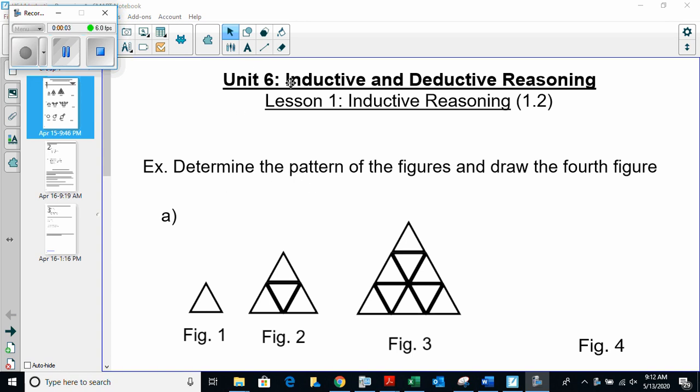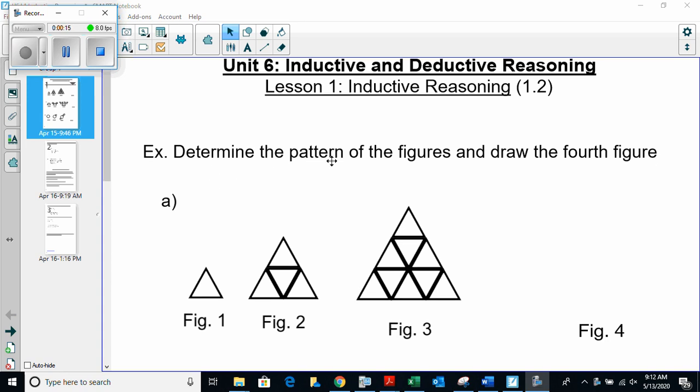Okay, everyone. Today we will start with a new unit, which is called reasoning. And the first lesson is inductive reasoning. So now we will see a pattern. Inductive reasoning is making a statement, figuring out what is happening based on what you see and observe